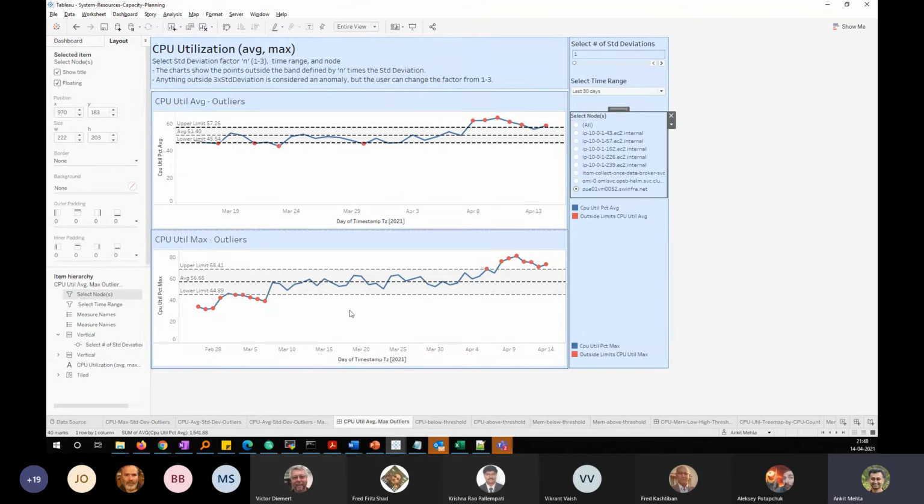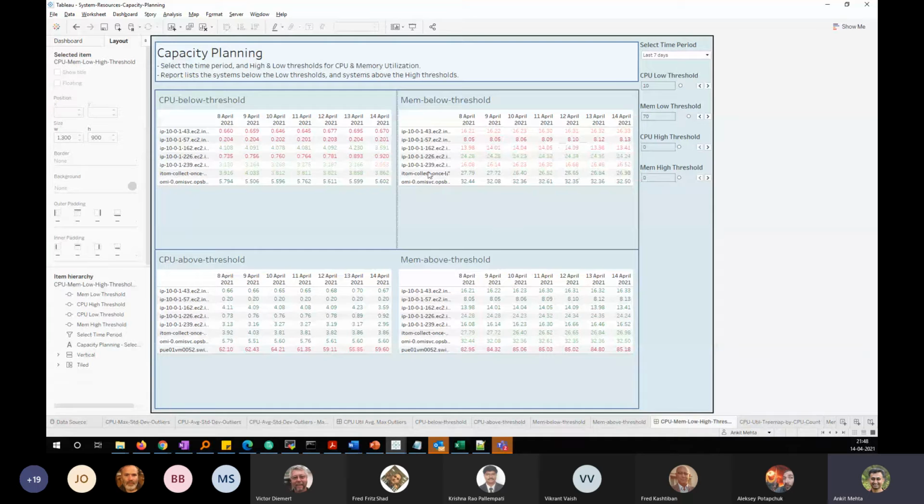And again, like I mentioned, you might be more interested in doing that analysis only on the maximum CPU utilization as opposed to the average. Here is the other one, a very simple report, but can be quite useful from capacity planning perspective. So again, the user provides the input of what's my low threshold. So if I